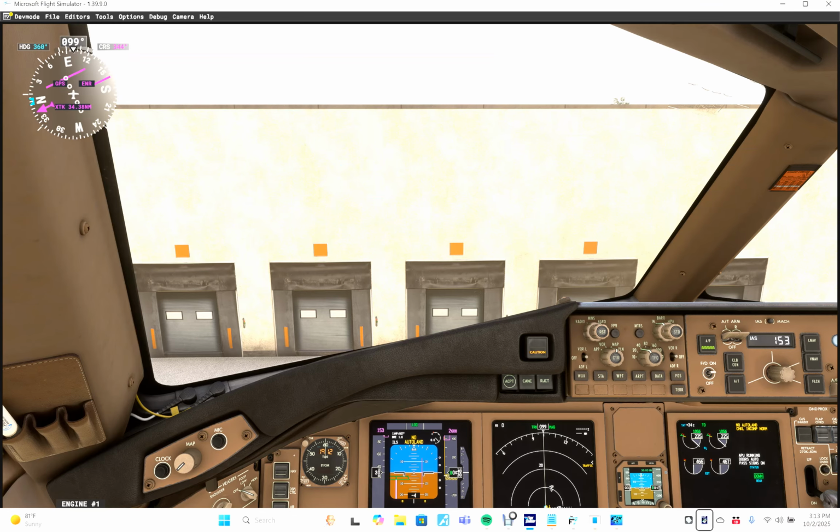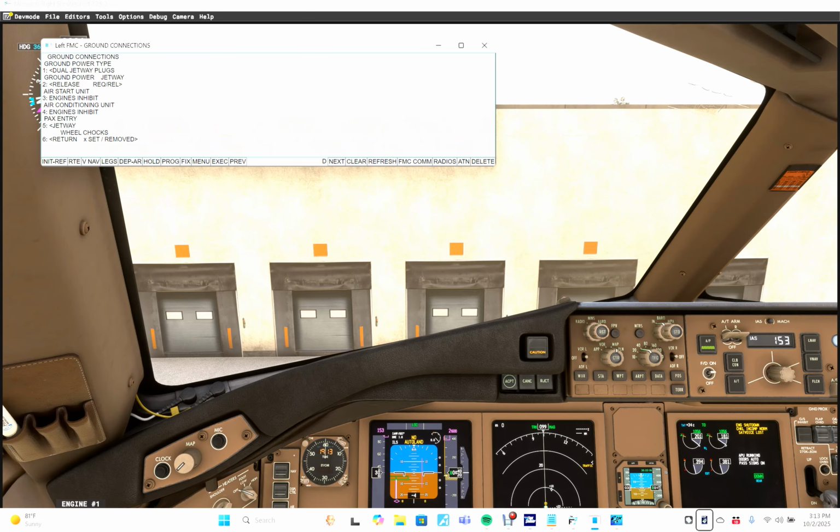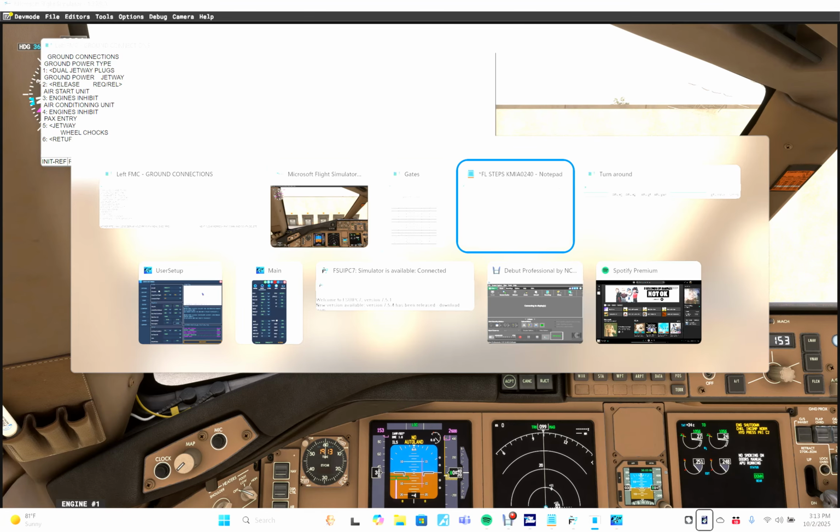the aircraft shut off here. right fuel control cut off, right engine fire handle unlocked, right generator off, right backup generator off, left engine fire handle unlocked, left fuel control cut off, left FMC, ground connections row 1, left FMC, ground connections window, FMC display at red only plus 01, let's dual jetway plugs, FS actions, doors 1 slash, door 1 R closed, door 3 R closed, door 3 L closed, door 1 L closed, FS actions, ground connections, right IDG drive disconnected, left engine primary hydraulic pump off, left IDG drive disconnected, right engine primary hydraulic pump off, left engine primary hydraulic pump fault, left electrical primary hydraulic pump off, Microsoft Flight Sim, Gates column 3 of 10, star FL steps KMIAs, turn around